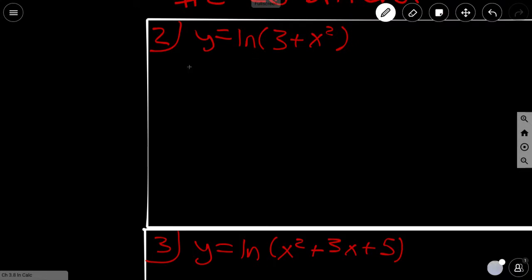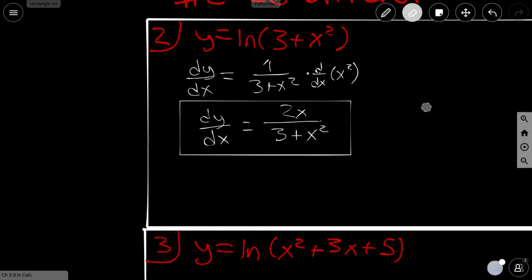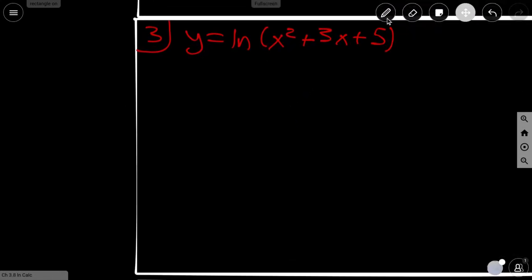So to start, I'm just going to use the general rule, and dy/dx is going to be 1 over 3 plus x squared times d/dx of x squared. So if I simplify, it's just going to be 2x over 3 plus x squared. And that right there is our first answer. Moving on,